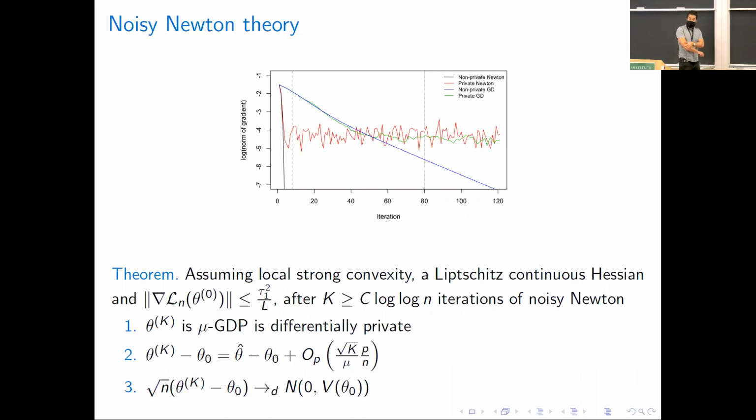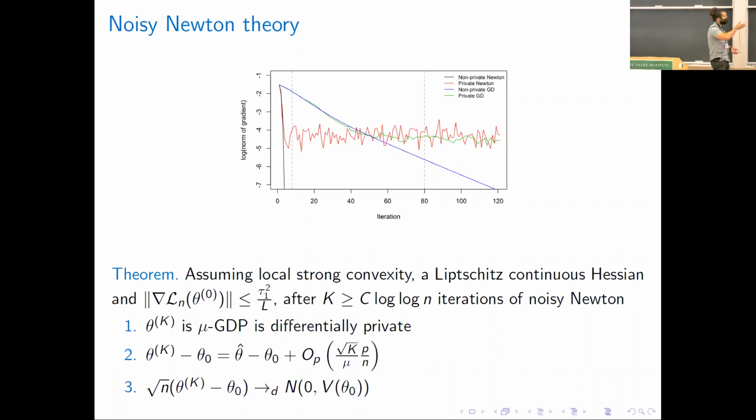Okay, so what do we gain by using Newton? Well, we gain that we can use a k that is pretty small. In fact, you only need log n number of iterations to get to that rate, and you can see represented in the figure above sort of what you could expect to happen with Newton as opposed to gradient descent, right? So we know Newton's method under regularity conditions converges quadratically to the solution, and here you see the black line going down, shooting down very fast to 0, while the red one, which is the one given by noisy gradient descent, gets stuck at some point.